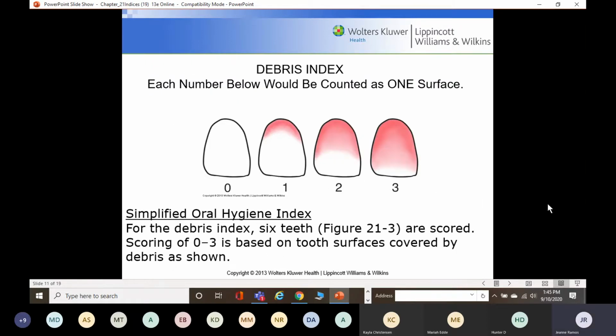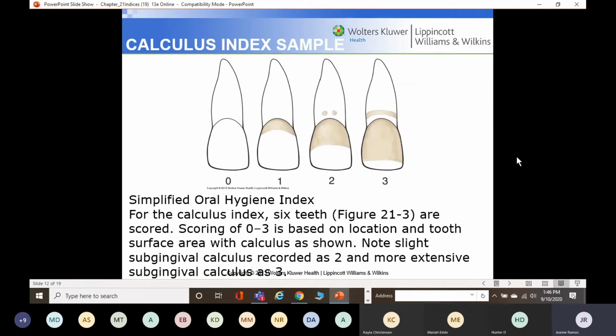So they also have a debris index. The debris index would be, each number below would be counted as one surface. So it doesn't matter how much you have on the tooth. If it's on that surface of the facial surface at all, all 3 of these would be counted as 1. So it's a simplified oral hygiene index. 6 teeth are scored, and a scoring of 0 to 3 is based on tooth surfaces covered by debris as shown. We don't do the debris index, but I'm just wanting to show you that they have different